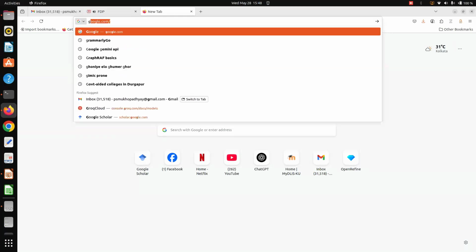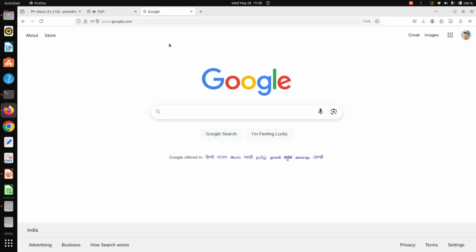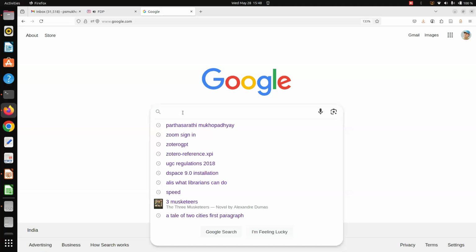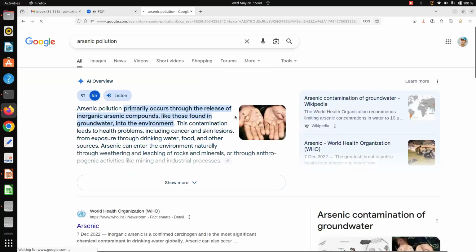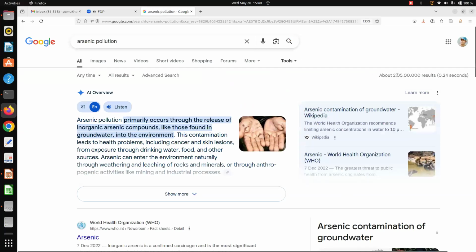For example, you all are using Google as a search engine. Say I am searching here, say arsenic pollution. You see here what I do mean. So for this kind of searching, I don't need any kind of literacy. But the problem of this kind of searching is huge retrieval. Here you see arsenic pollution is not a very common term. Still there are 2 crore 5 lakhs of documents. Now, is it possible for me to go through these 2 crore 5 lakhs of documents, or 20 crores 50 lakh? What is it?